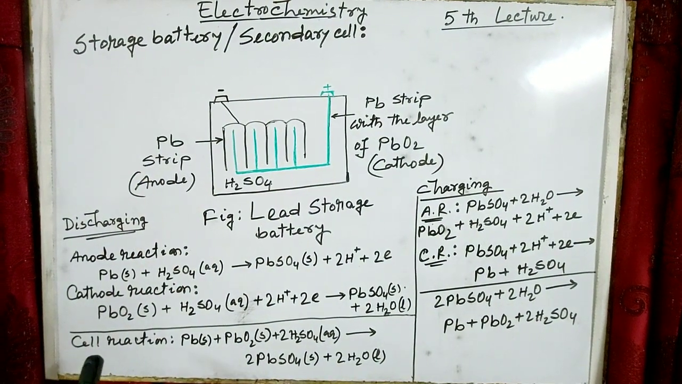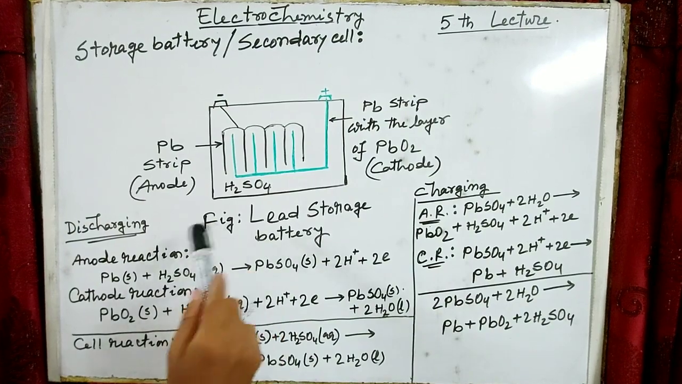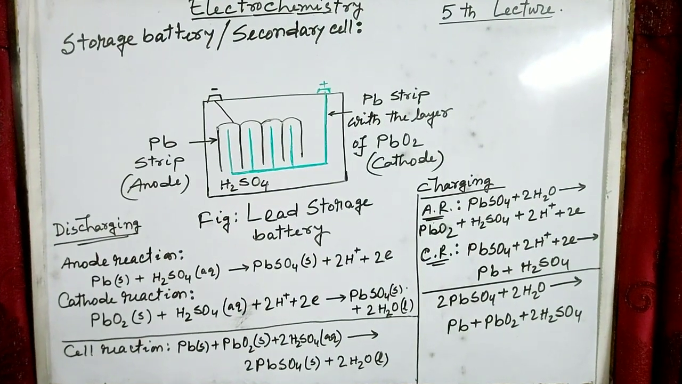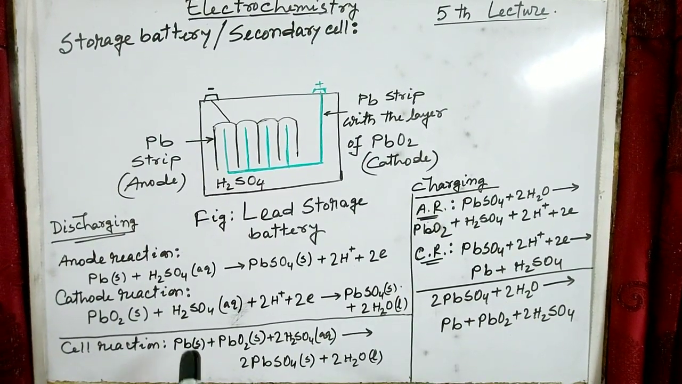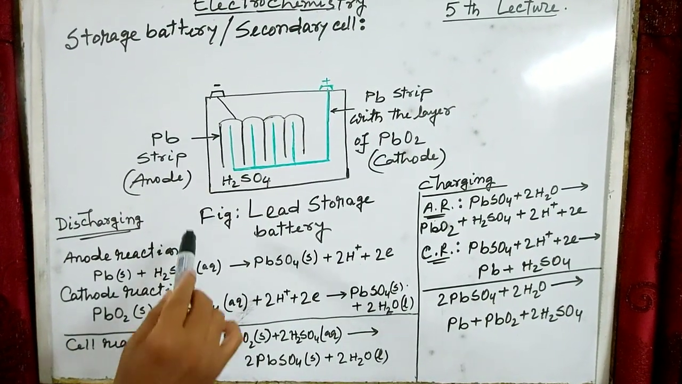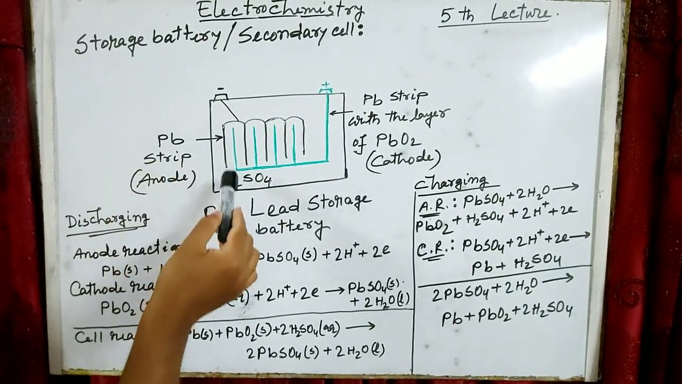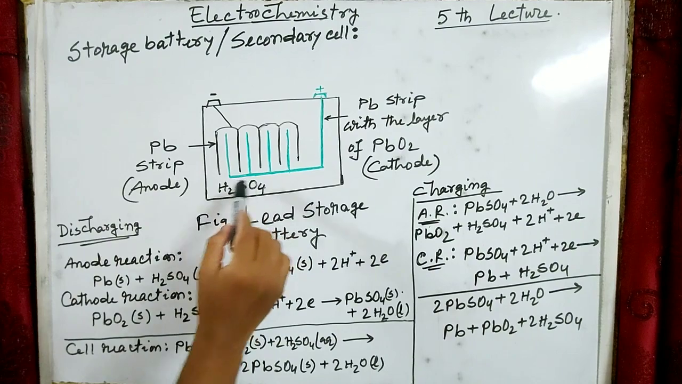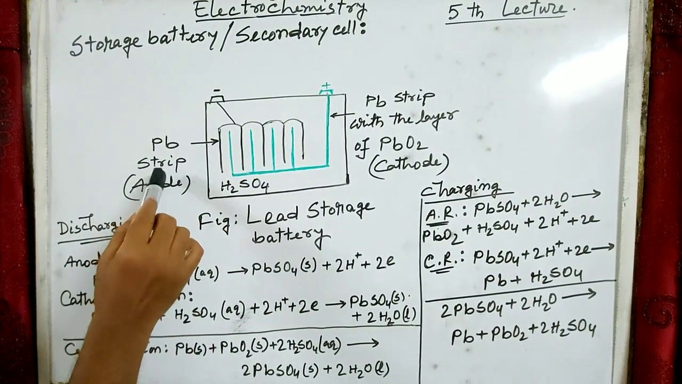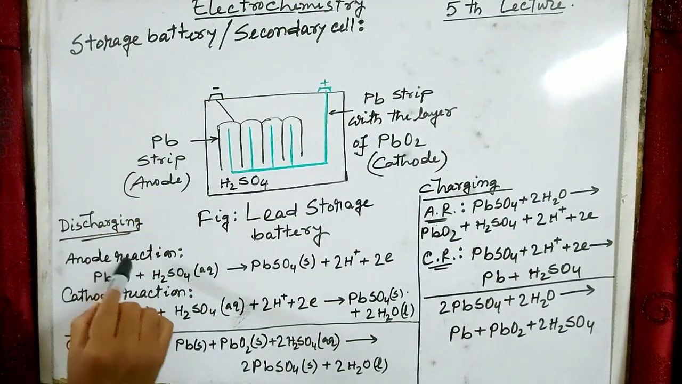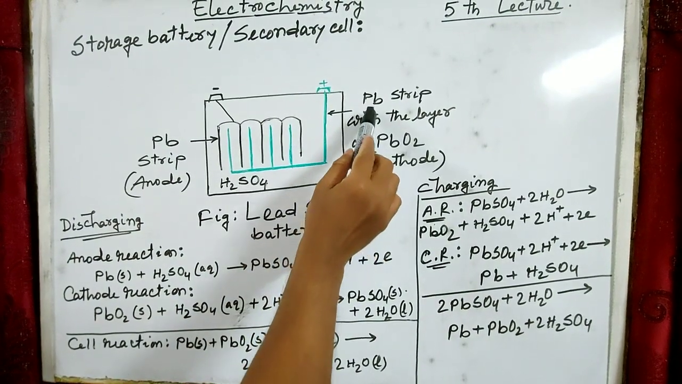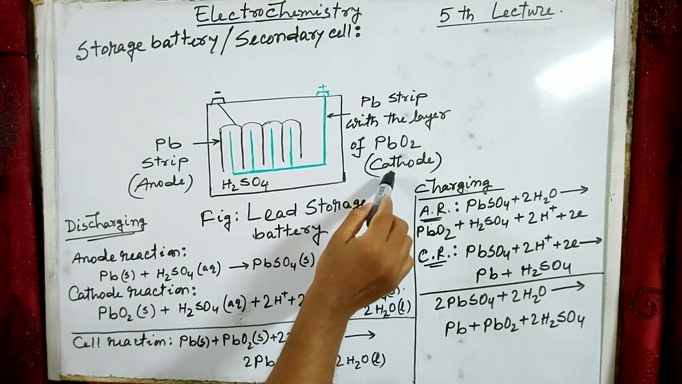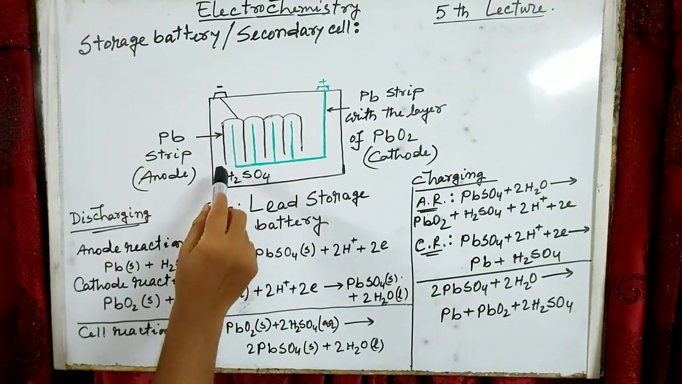Now we'll discuss a secondary storage cell, the lead storage battery. The lead storage battery is used in cars. There are 3 parts in the lead storage battery: anode, cathode and electrolytic substance. A lead strip is used as the anode, and a lead strip with a lead oxide layer is used as the cathode, and